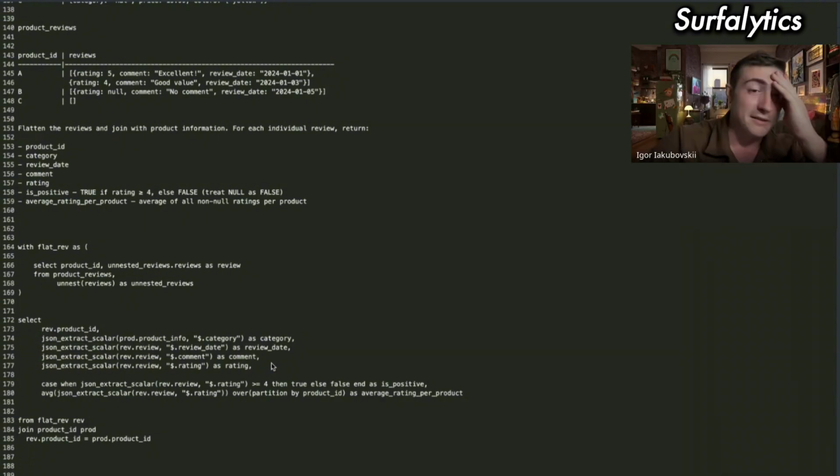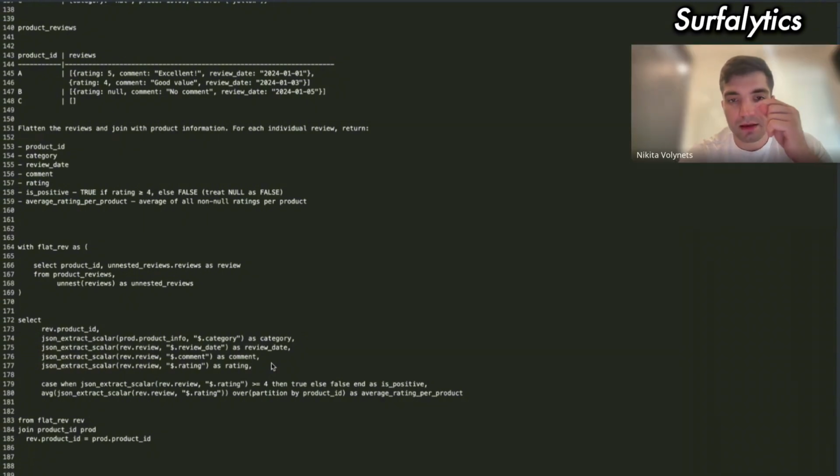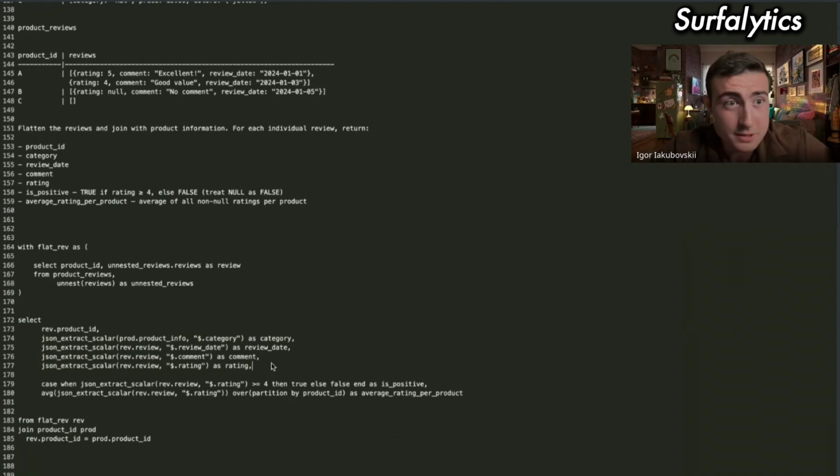So I think I'll just check. Yeah, actually, if you unnest an empty array, this row will be excluded. Row excluded. Okay. Yes. Nice. One problem left, AVG rating, and rating is null. AVG. Yeah. Okay.